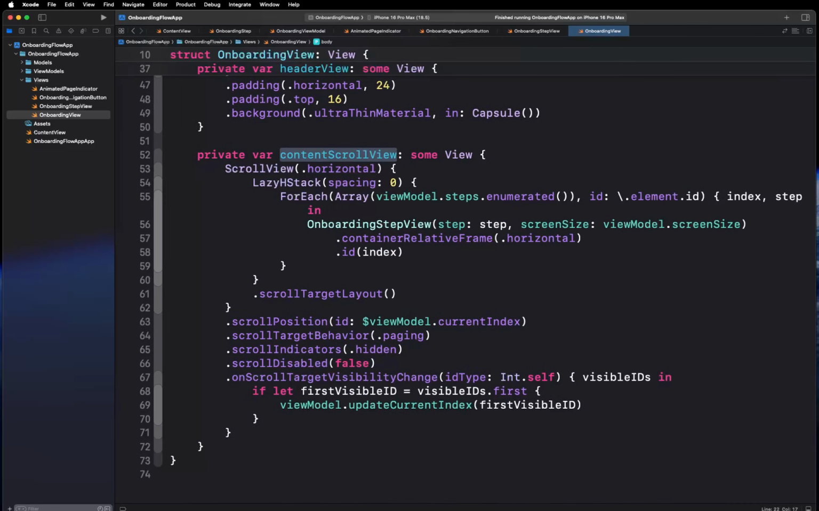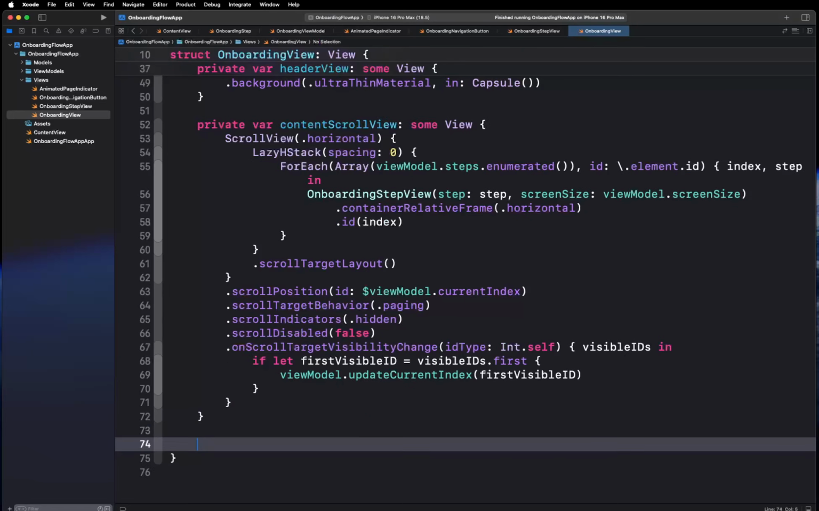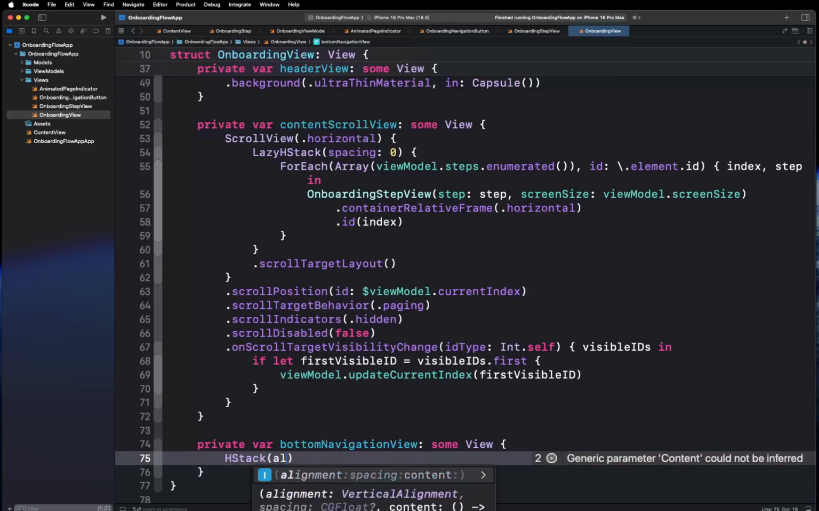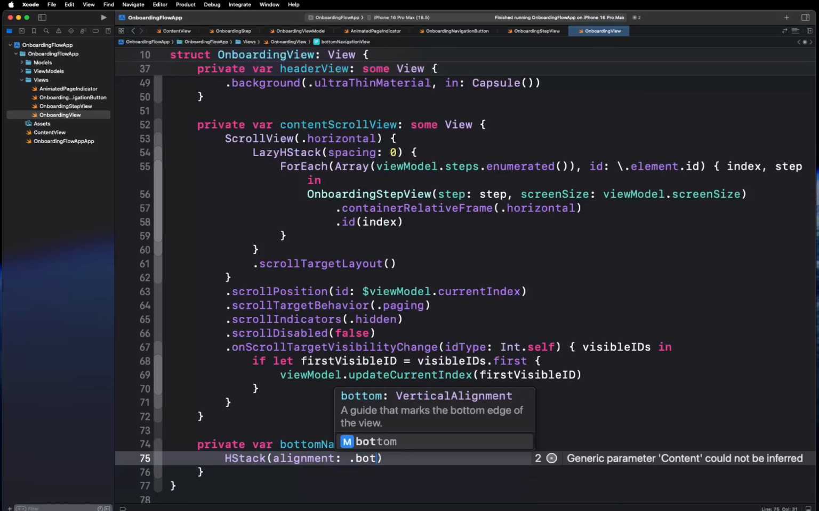And the last one is the bottom navigation view, which is very simple. It's basically just showing the animated page indicator and the onboarding navigation button. So we're just going to quickly create them. Private var bottomNavigationView, and this is going to be an HStack with alignment as bottom, spacing as 24 points,